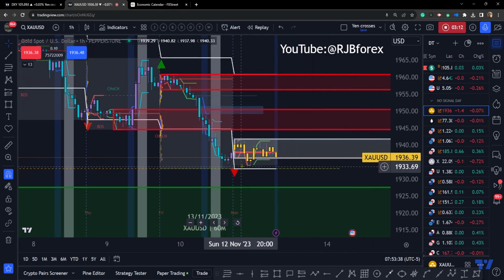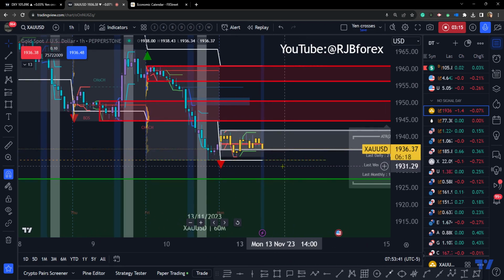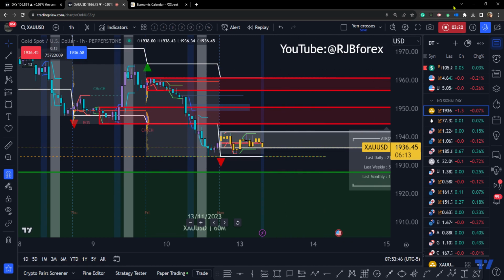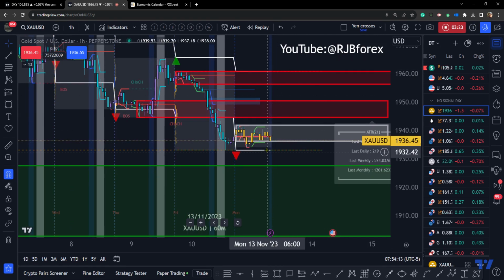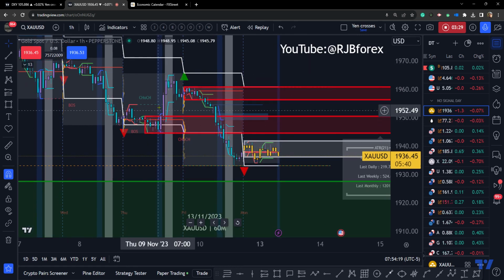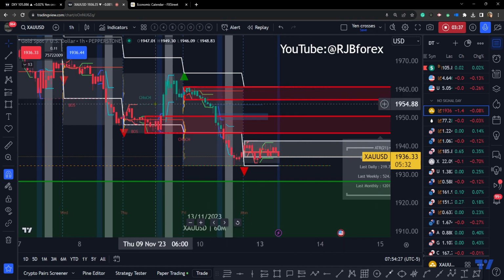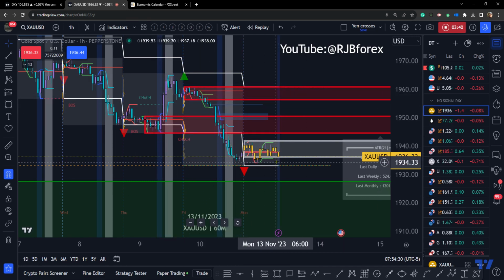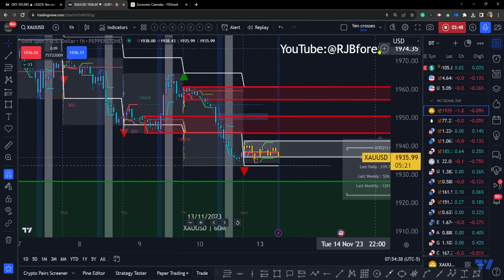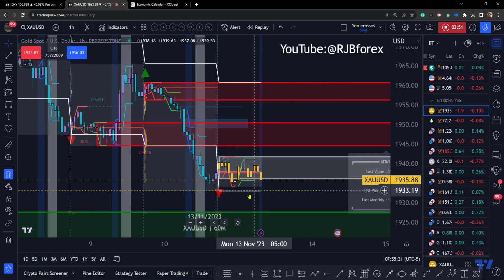If we break Friday's low, that may be the catalyst for higher time frame traders coming in, pushing the price lower. So this could be regarded as a day 3 continuation day, or this could be, given that Thursday was a failed break to the upside, so day 1 shorts coming in, day 2 shorts, day 3 continuation, or it could be a day 1, day 2, and a day 3 correction to start us off for the week, pulling back into those shorts. So to sum it up, the key levels are